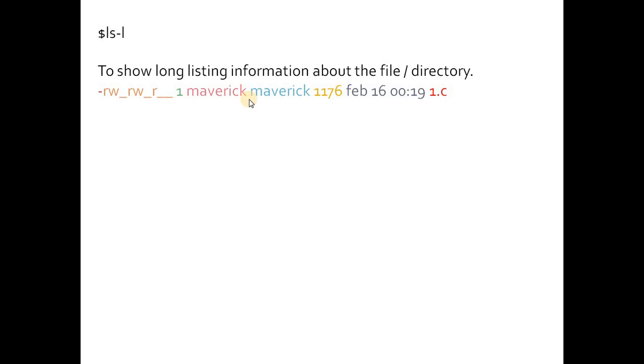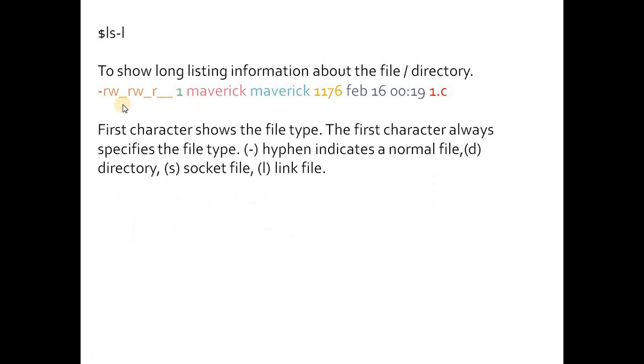Each word in the given line has a separate meaning. First, the first character, which you can see over here, is a hyphen. This hyphen, the first character of the line, shows the file type, meaning what type of file this is.